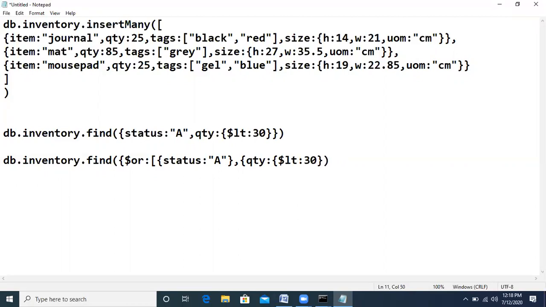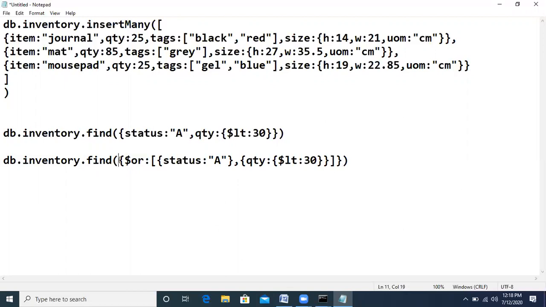We have opened 2 curly brackets and 1 square bracket. I hope all the brackets are opened and closed properly. This is closed over here, this one closed over here, and this one is closed over here.